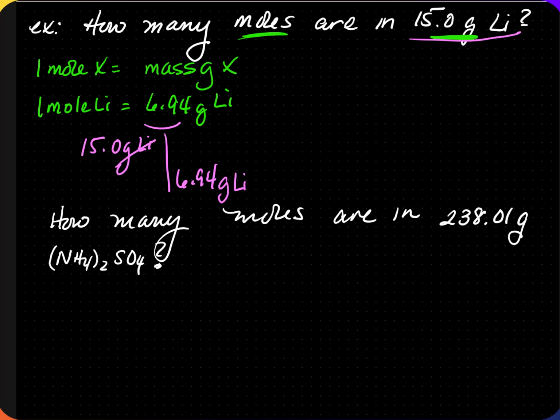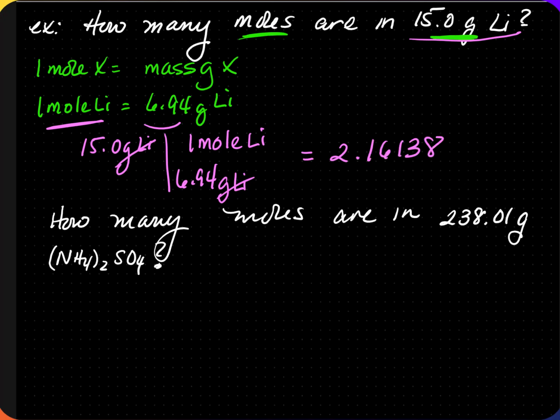Since this is a conversion factor, 6.94 equals to 1 mole of lithium. So on top, we get 1 mole of lithium. The grams of lithium cancel out. So now I do my math. 15 times 1 divided by 6.94 will give you